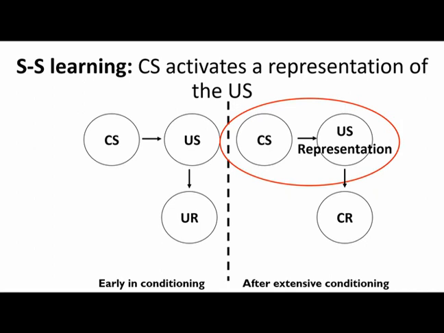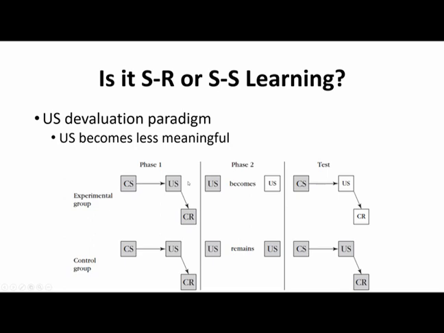So our conditioned response is basically because of this activation of that representation of the unconditioned stimulus. Now, that's all fine and dandy, but which of these is the case? How do we tell if it's SR or SS learning? The standard way to pick these apart is to use something called the USD valuation paradigm,